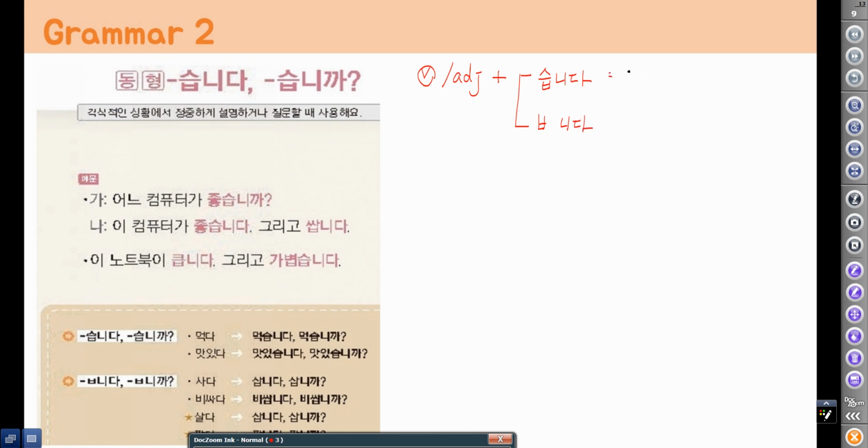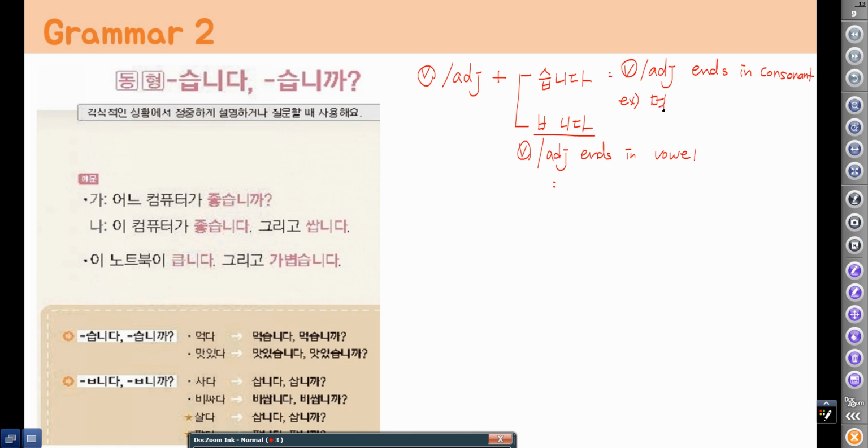So if the verb or adjective ends in consonant, you add 씁니다. But if the verb or adjective ends in vowel, you add 비읍니다. So, for example,